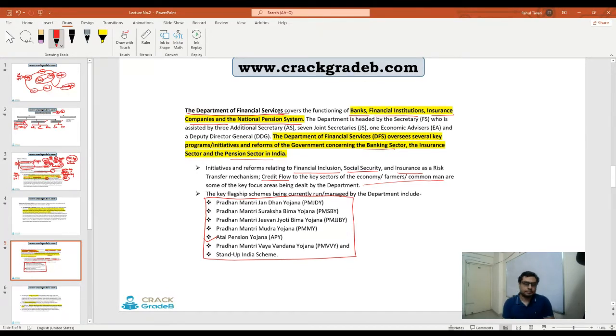Okay, I'll do one thing. I'll conduct one separate session on how to handle this scheme part, right? Because it's maybe one or two questions will be there, but students have a lot of headache, a lot of anxiety, how to cover those schemes, which scheme should I cover or which scheme should I leave. I'll explain to you in detail, so that first of all, you will have peace of mind regarding the schemes,